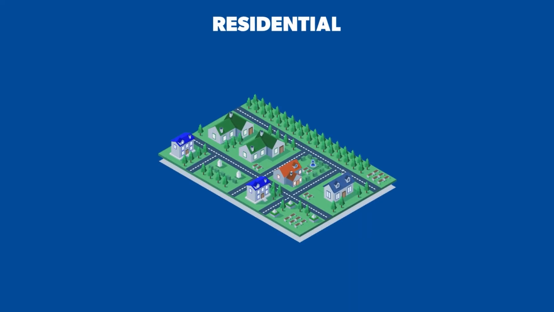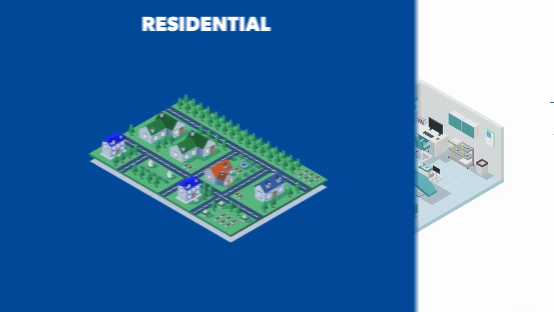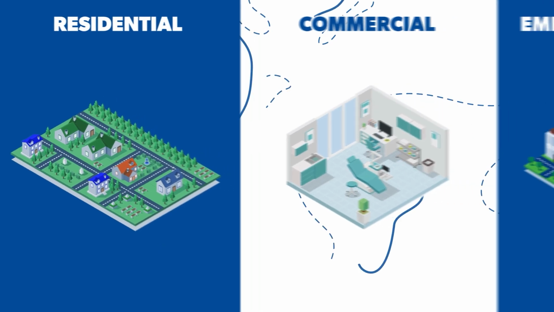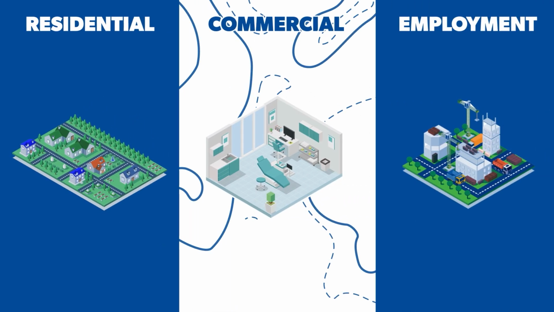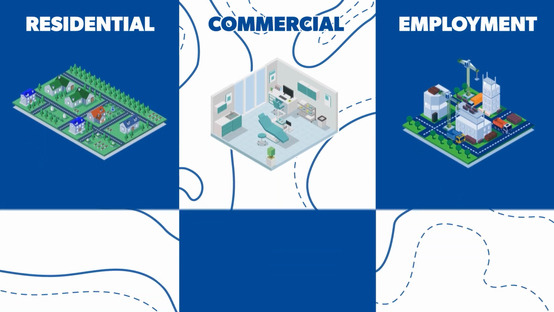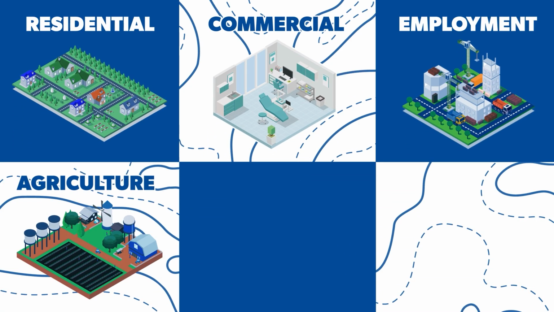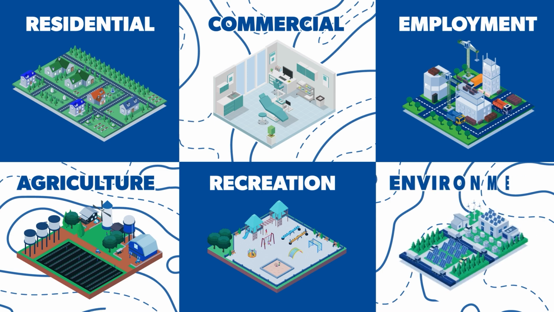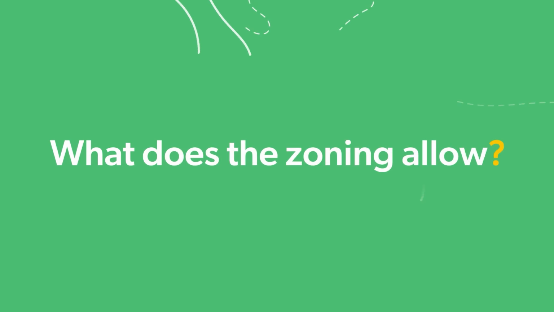In a residential zone, there are homes for families and individuals. Whereas in a commercial zone, there are retailers or services like a dental clinic. In an employment zone, there can be a greater concentration of industrial businesses. And there are zones reserved for agricultural uses, ones intended for recreational uses like parks, and zones dedicated to preserving the environment. One of the first steps in a construction or expansion project is to understand what the zoning does